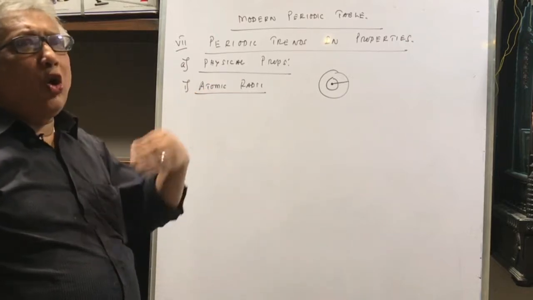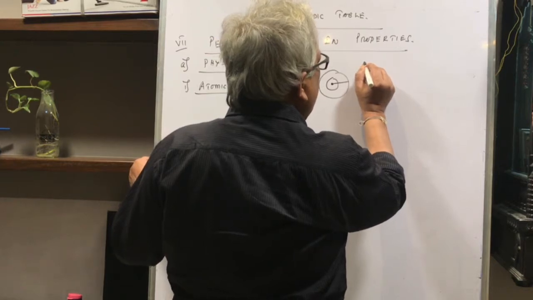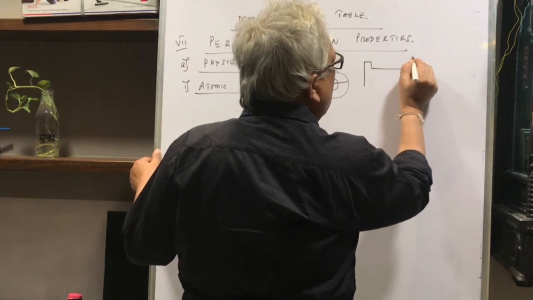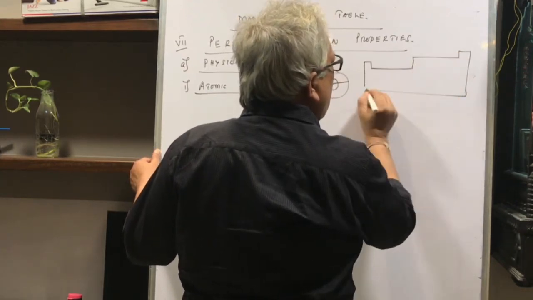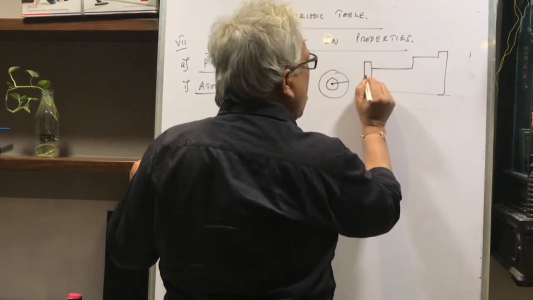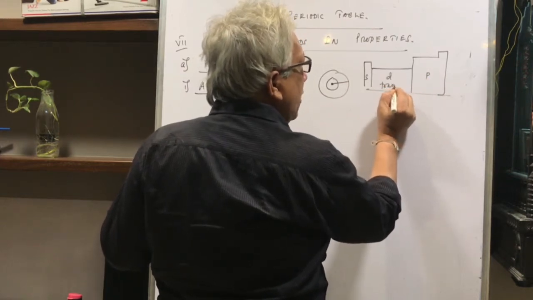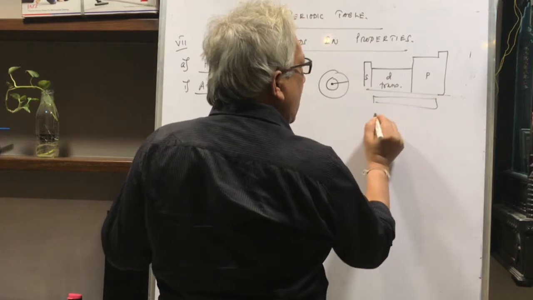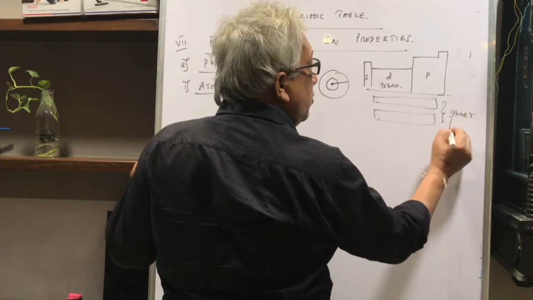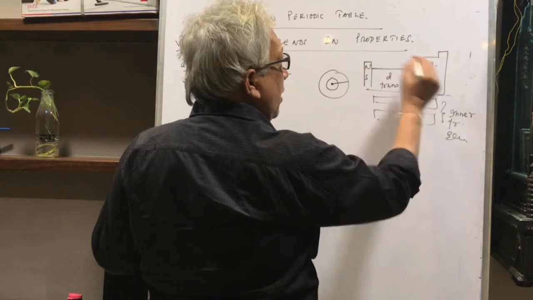Now this atomic radius, the trend that we talk about, by the way, in this we will talk about the trend in the normal elements. Normal elements means, I'll just quickly recap what I mean by this. Normal elements are the elements of S block and P block. They are called normal elements. D block elements are called transition elements, and down here the F block elements are called inner transition elements. Is that okay? This is normal elements, this is normal elements.